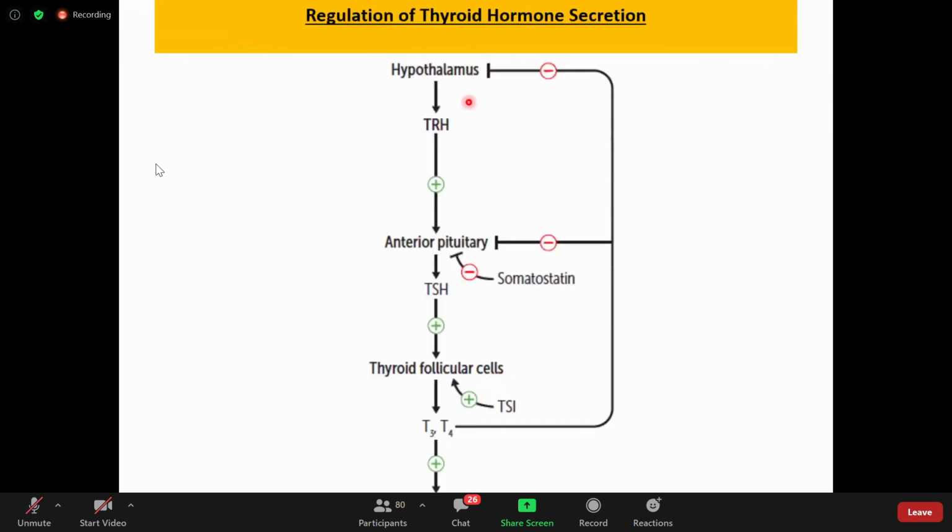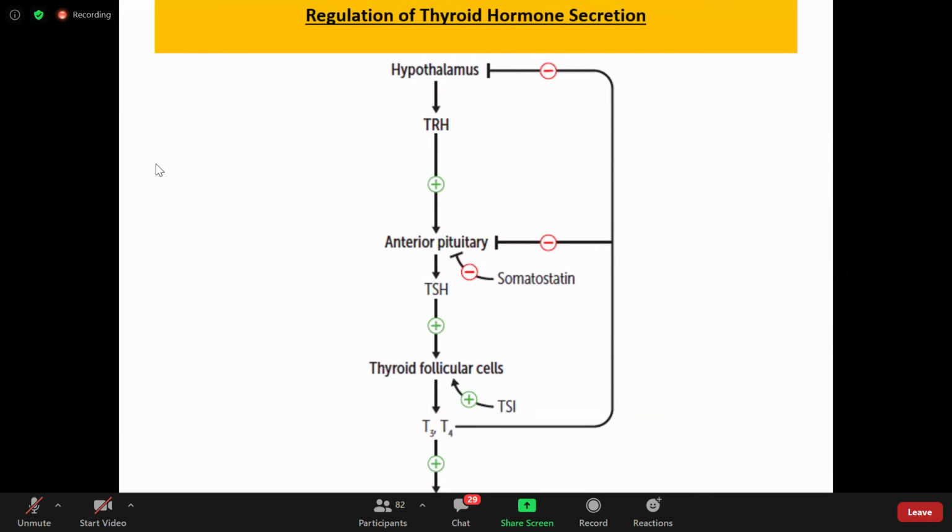Now, if we look at this diagram, the diagram is actually showing you the full regulation. There is a hormone which is released from the hypothalamus, which is called the thyrotropin releasing hormone. And this thyrotropin releasing hormone acts on the anterior pituitary, where you have thyrotropes. And these thyrotropes release TSH, which stimulates the thyroid follicular cells to synthesize and secrete T3 and T4, which affects